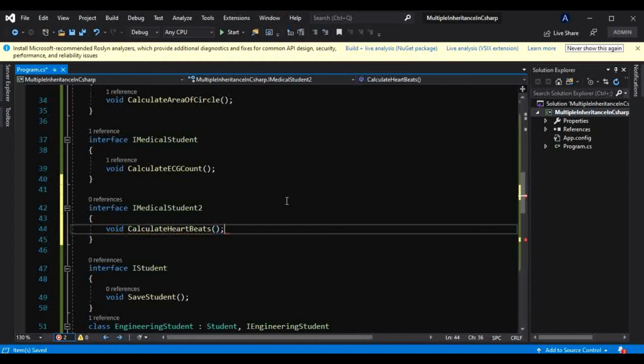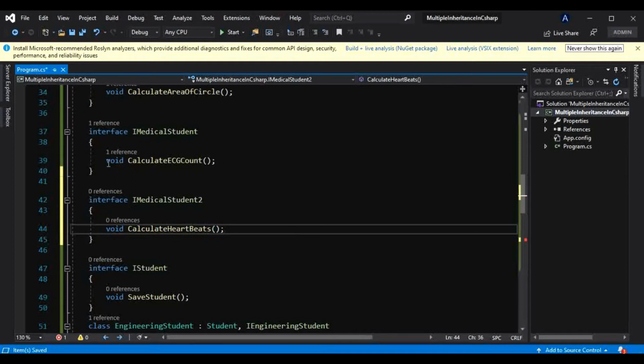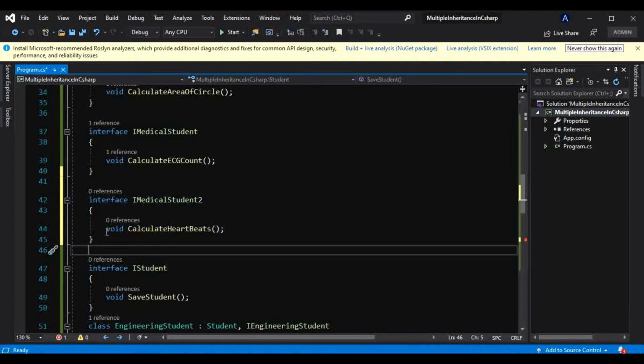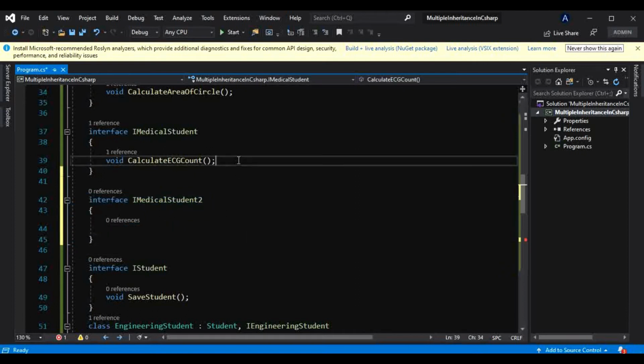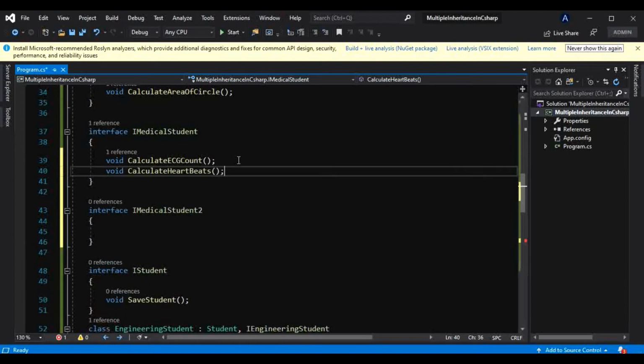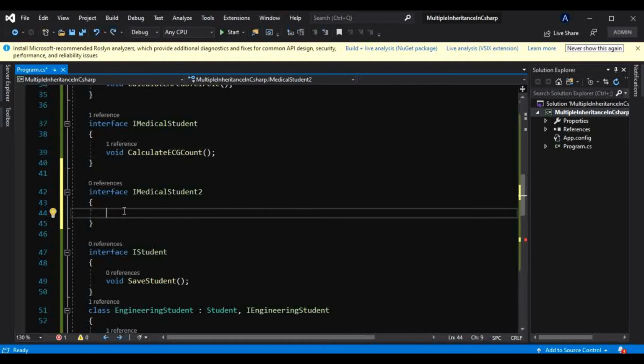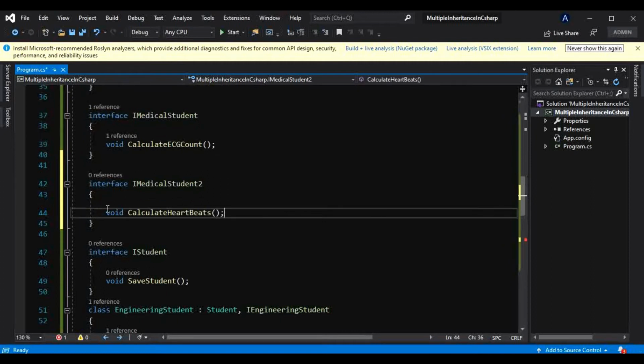In real time we would not do it like this. Instead of creating this new interface, we would directly introduce this method in this very interface. I am only showing this to make you understand what multiple inheritance is.